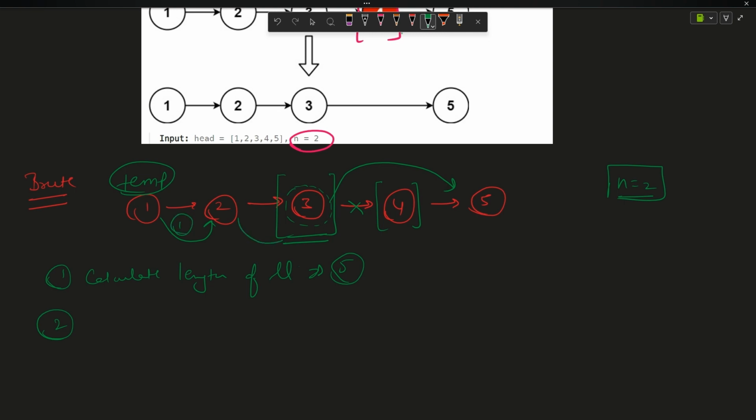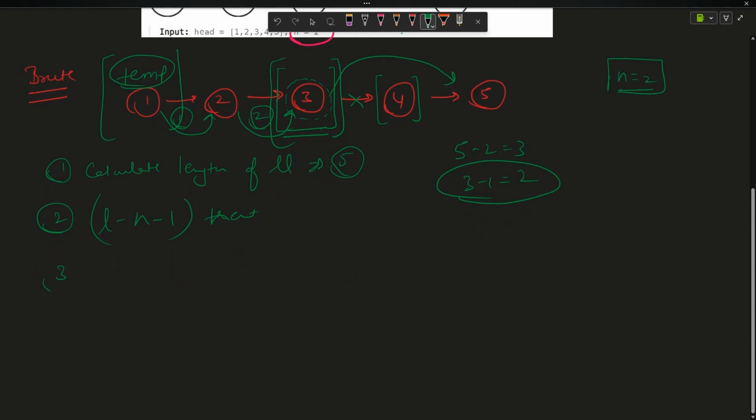If I actually place a temp here, I will have to take one operation to go here. This is my first operation. Second operation to go here. N equals to 2. 5 minus 2 is 3, and 3 minus 1 is 2. That is, I will have to take length minus n minus 1 traversal, like one next, right? I will have to start my temp from here, and I will move it forward L minus n minus 1 number of times. I will reach here, and after I reach here, I will say third, the temp's next is actually equal to temp's